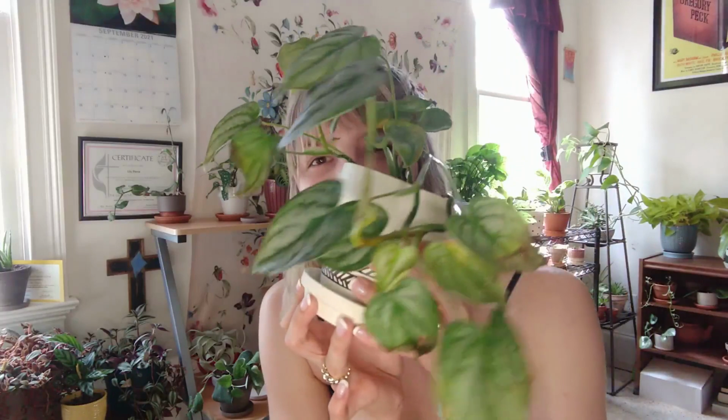And I recently saw in a video from another plant tuber that they were struggling with their Philodendron brandy, and then one of the comments said something along the lines of, Philodendron brandies only look good in the tropics, literally. And I was like, maybe that's my issue. So anyway, some of the leaves look good, some of them look not so good. We'll see what happens, but if this one croaks on me, then I'm just gonna give up, because I love